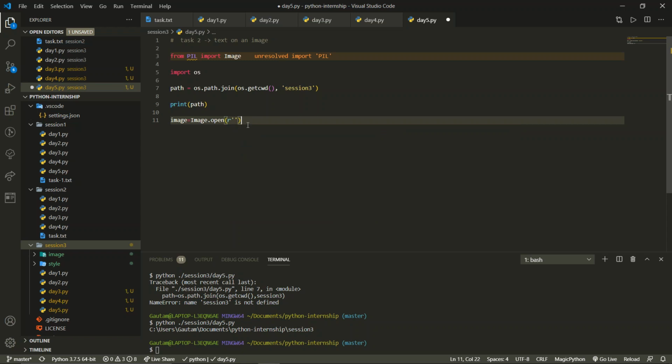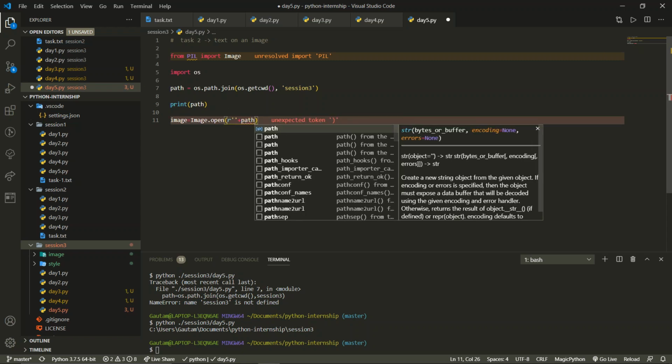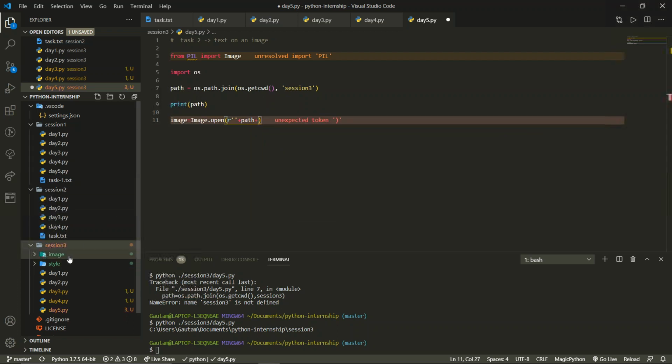Now we need to join the path. This becomes the raw string over here. Now we need to concatenate. Concatenate with what? The path. We need to join the path over here. So we'll just join the path. And now this was the base path. But after that, we have several other paths. So we'll go for image. Now we'll have in single quotes a slash image. Then it's all small letters.